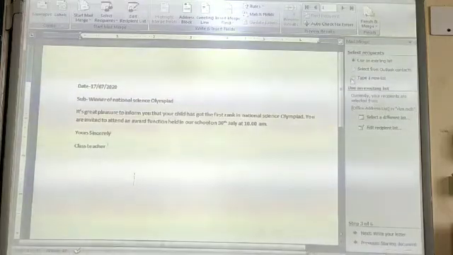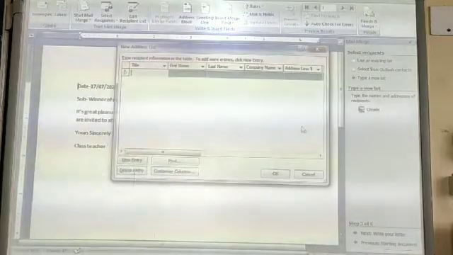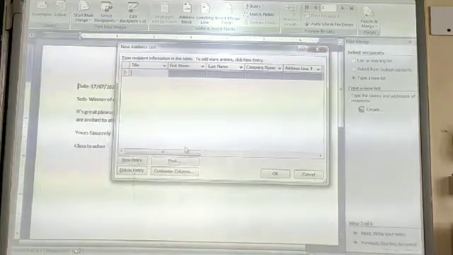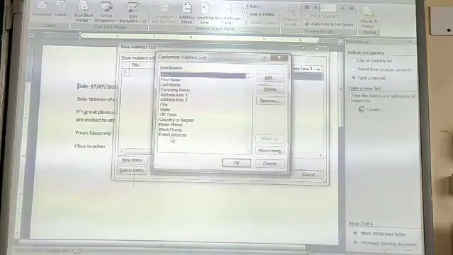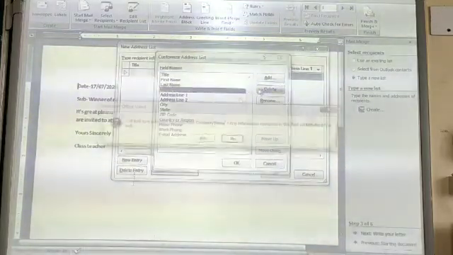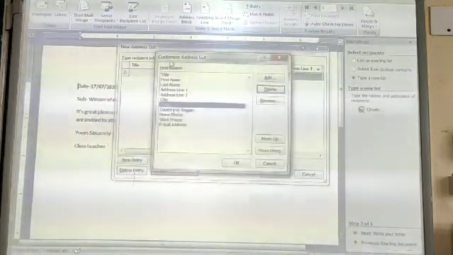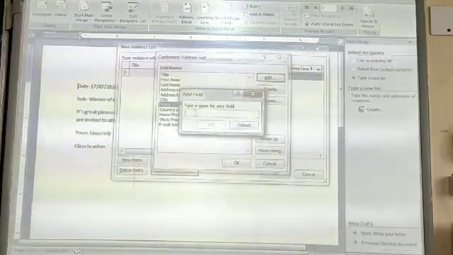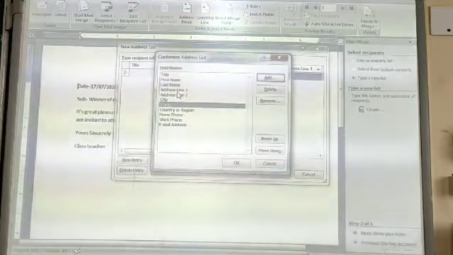Okay. If you want to create a new list, you can click on type a new list, click on the create option, and here the field names are available. Just enter the details of the recipient list. If you want to make changes in any field name, click on customize, and then select the fields which you want to delete. You can delete them from there. If you want to rename any field, you can rename it here. If you want to add another field which is not present here, then you can click on add, and from here you can add the field name to your data source.